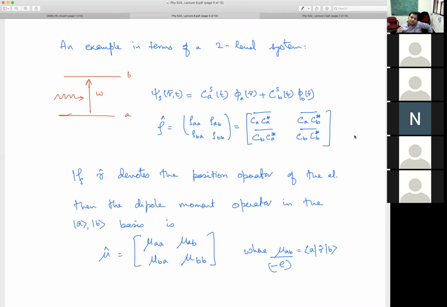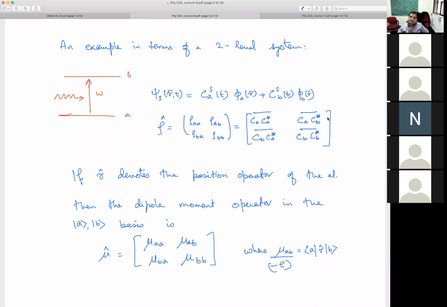And I have done no optical absorption because I have not specified V till now, at least in this lecture. I have just shown you how to do a general calculation of the density matrix expansion. And then next class, we will do this V expansion. We'll write V for light matter interaction and do explicit calculations in this picture. So here I just wanted to show that for a 2-level system, the density matrix will have this form.